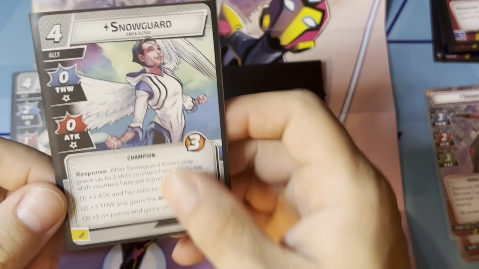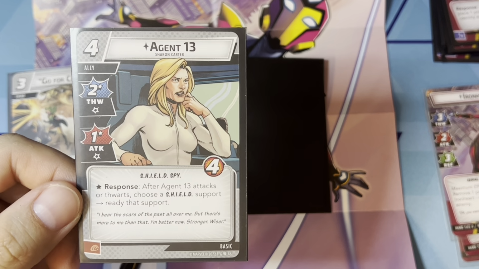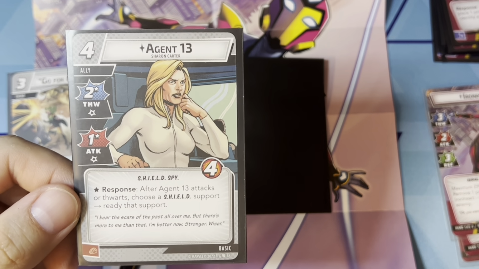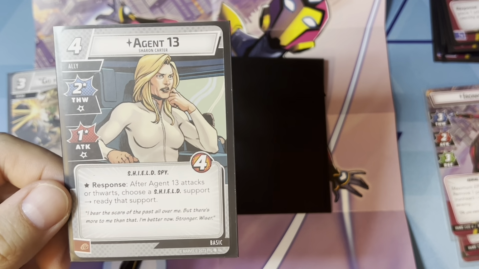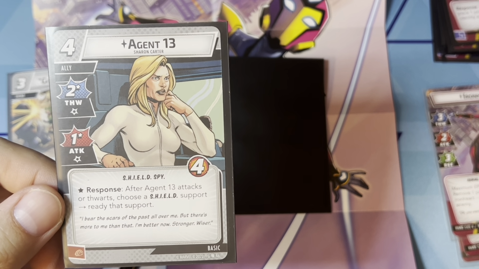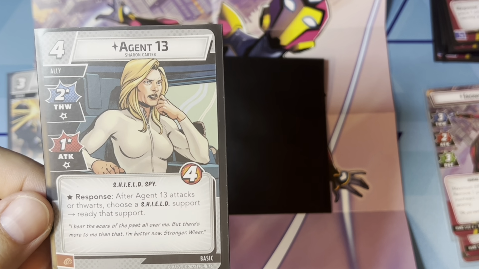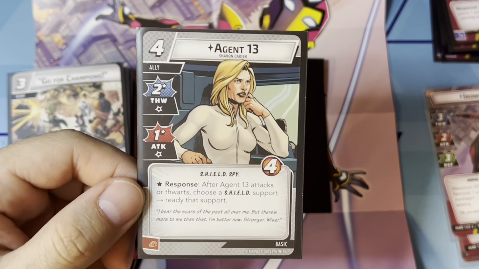So that's usually the one I've been going with. Agent 13, I don't like this card. We've seen this in the past. This is a 4 cost ally, a little too rich for my blood. 2 thwart, 1 attack for health. Response: after Agent 13 attacks or thwarts, you choose a shield support and ready that support. I'm usually not playing shield support, so